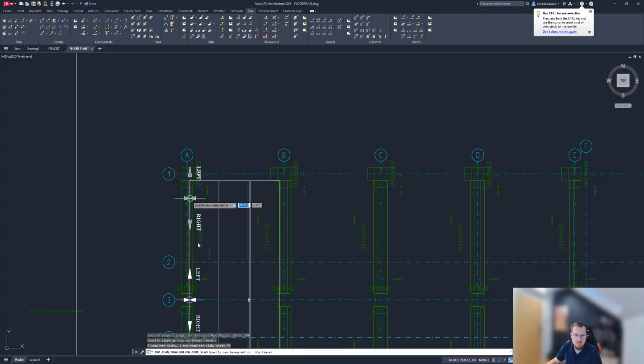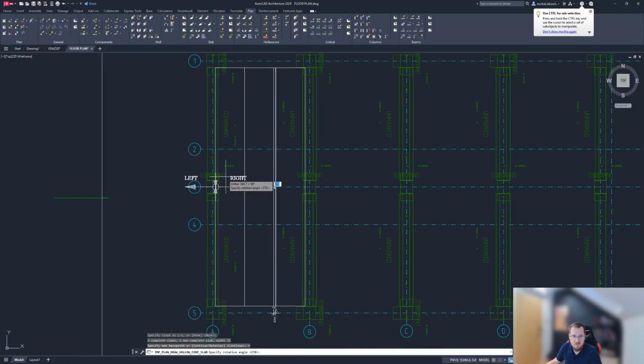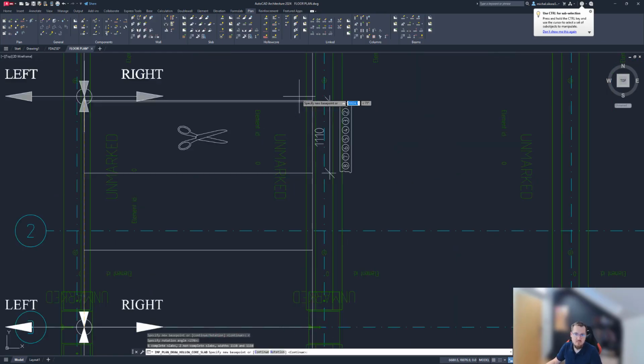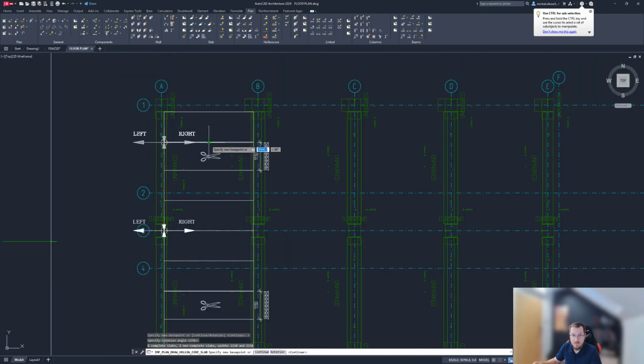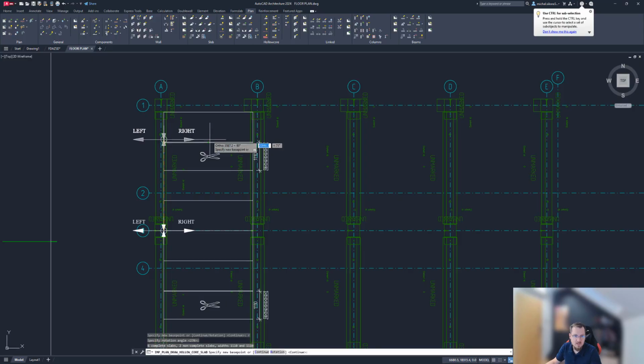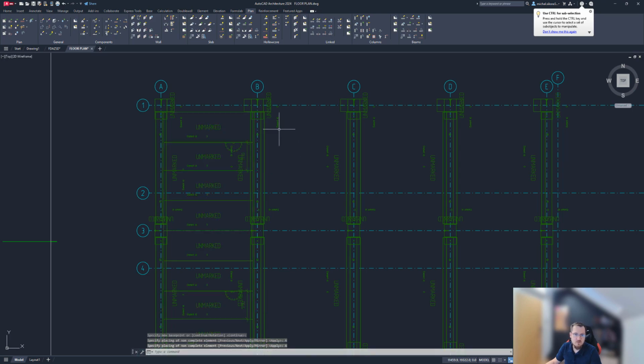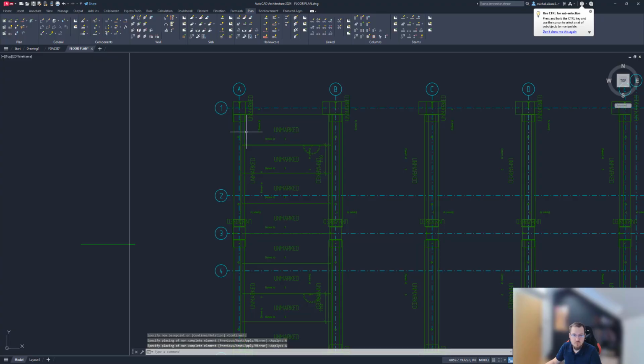And just do that. No slope. Of course, rotate that 90 degrees, and we get a proposal for our layout. And that's going to be perfectly fine for us with that layout. So I'm just going to accept that, continue, apply both of those hollow cores, and the hollow cores placement is